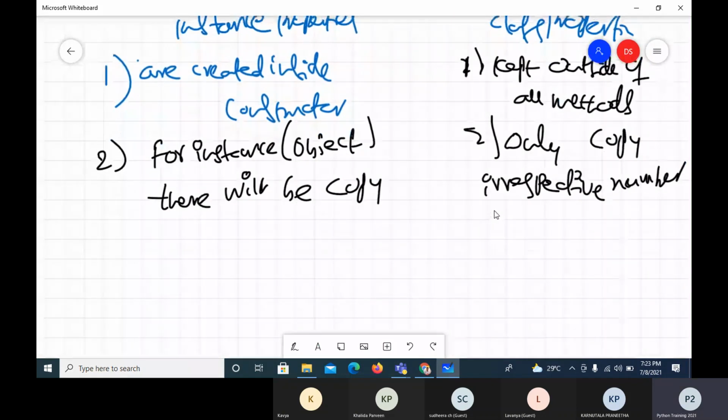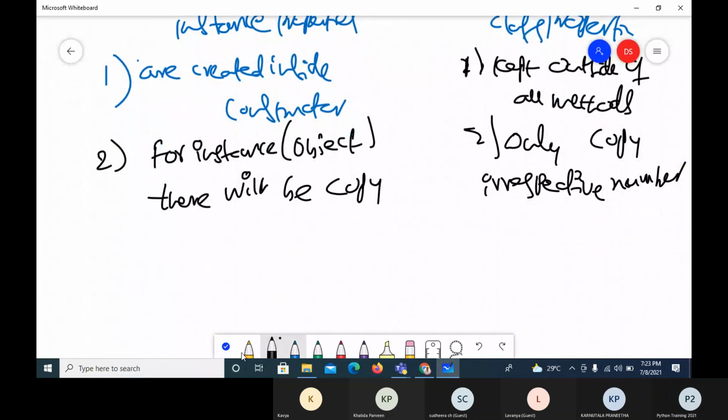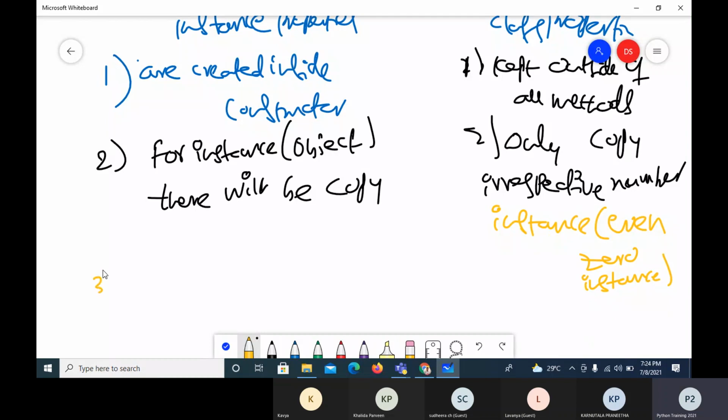Number of instances. Even with zero instances, there will be a copy. Even with zero instances, you can refer to the class property. And this must be referred with an object or instance reference.